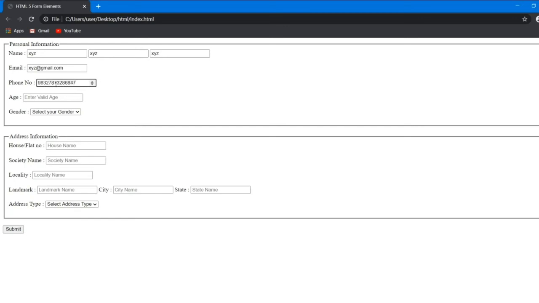Something will enter, age, something will enter, we'll select our gender, something, xyz. I'm just showing you this, and we'll submit. So a form will be submitted without any error.